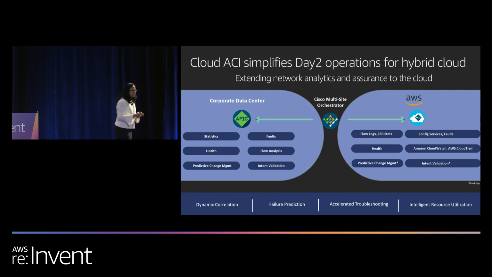So through the Cloud APIC, again, you get an operations pane view of the key consolidated logs within your cloud environment. And then on the Multisite Orchestrator, you will get the view between the two worlds, the hybrid cloud view, which Azim talked about in terms of your troubleshooting use cases. You get all the different health information about the connectivity health between your various cloud and on-prem sites. You get all of that information.